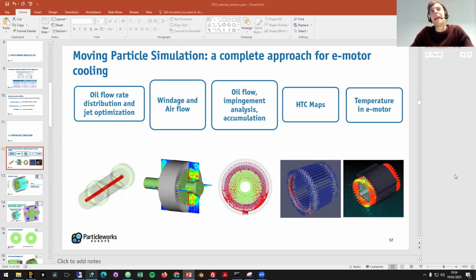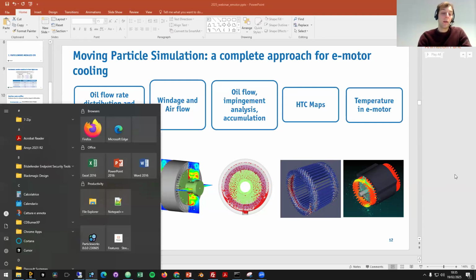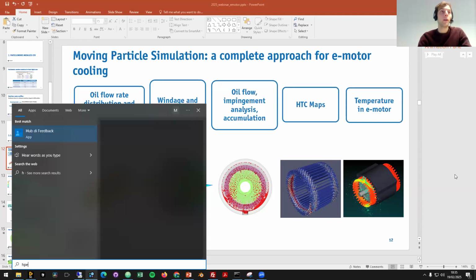There are some slight differences in the theory, in the numerics, but in general, we do have validation and comparison of the final results. That is, I think, what is most interesting between mesh-based and Particleworks. Perhaps I could show you one other example